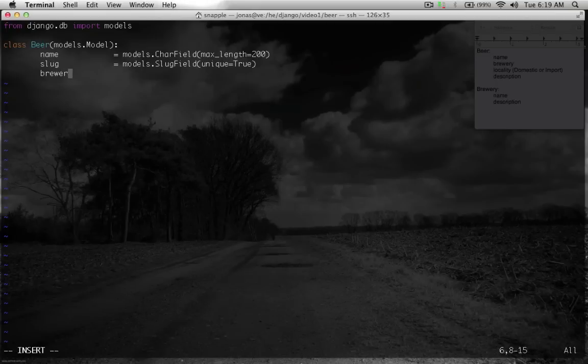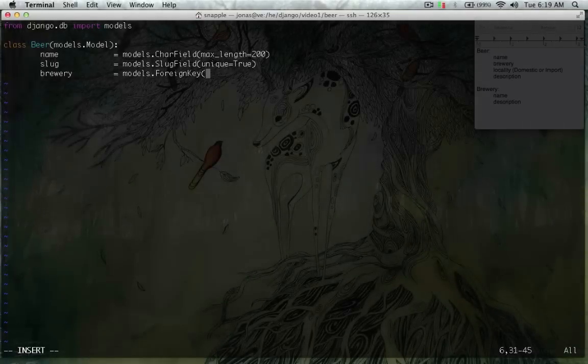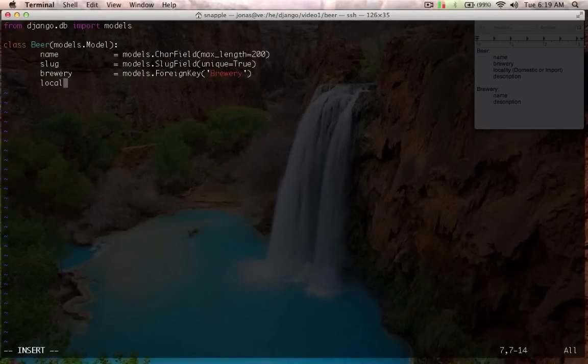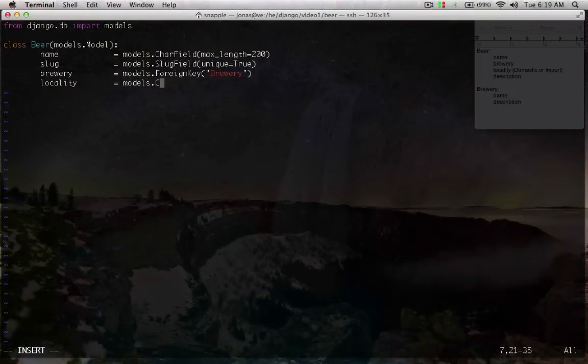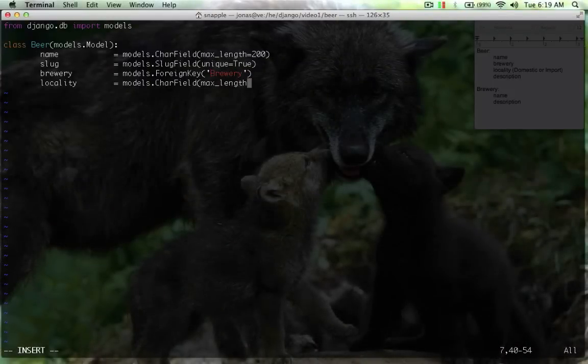Alright, so then we're going to have a brewery, which is going to be models.ForeignKey, and that's going to link to a brewery class that we'll define in a little bit here. We're also going to have a locality. That's going to be models.CharField. So this one's a little different. We're only going to give it a max length of 1,